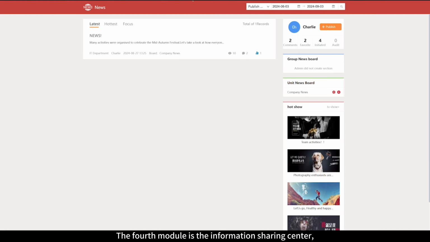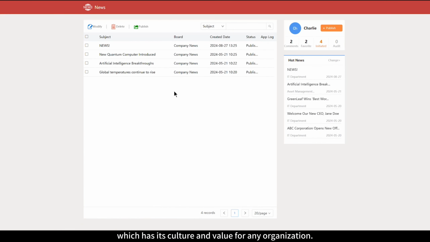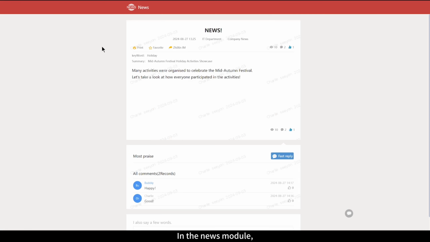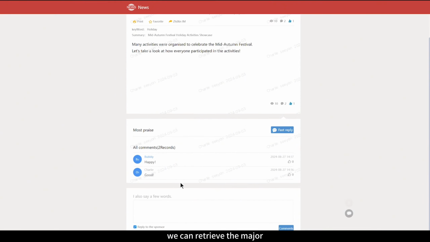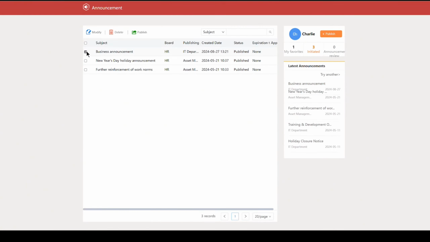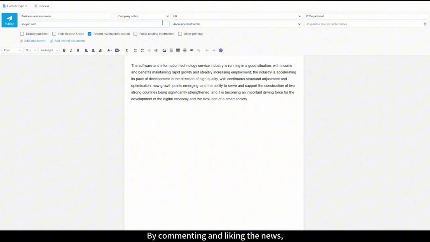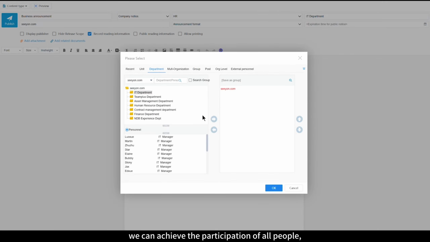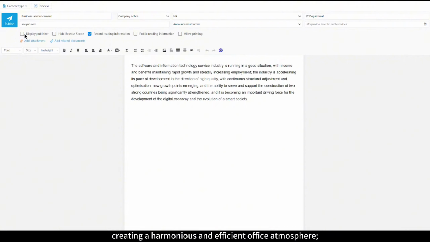The fourth module is the Information Sharing Center, which has its culture and value for any organization. In the News module, we can retrieve the major events of organizational development, policy releases, industry news, team style, etc. By commenting and liking the news, we can achieve the participation of all people, thus creating a harmonious and efficient